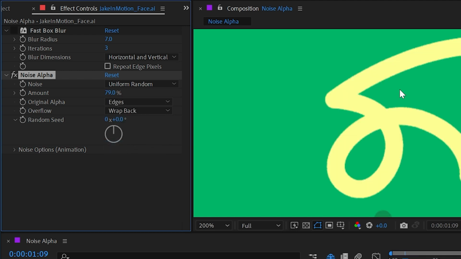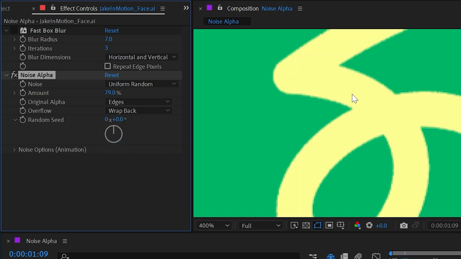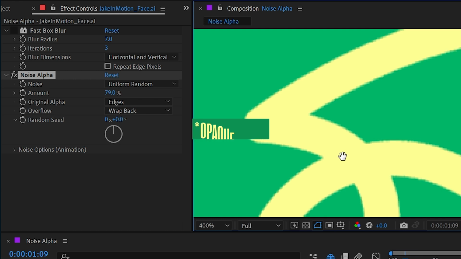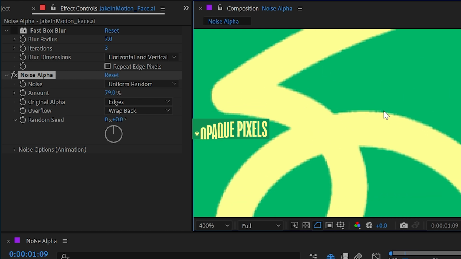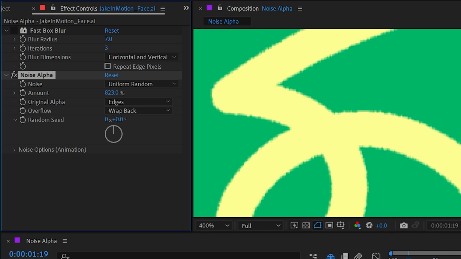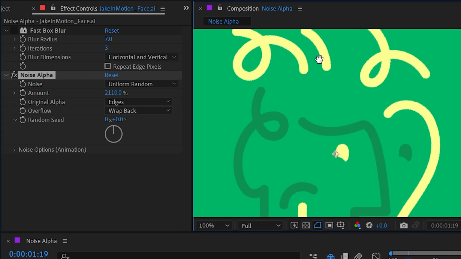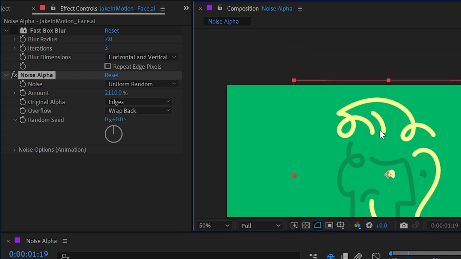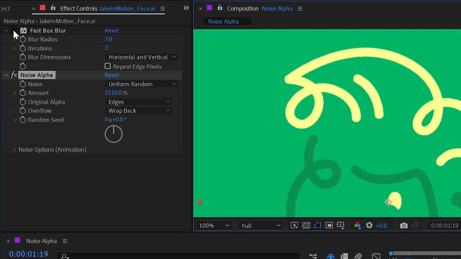Let me shut off that fast box blur for a second and look at the last option, which is edges. And this is going to not affect anything within those 100% transparent pixels and instead find the edges of that alpha channel and apply the grain there. So if I really increase this, you can see that I'm getting this kind of chewed up edge around my alpha. It's not very easy to see when you zoom out to 100% resolution,